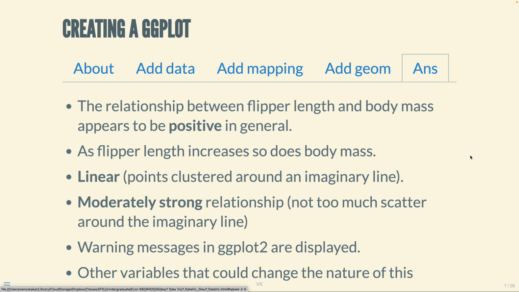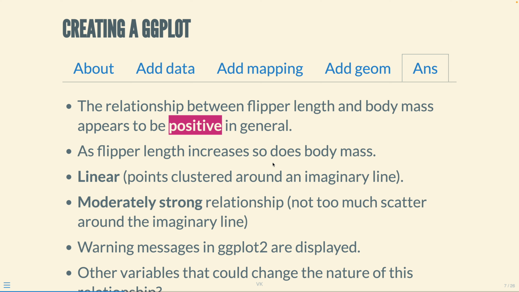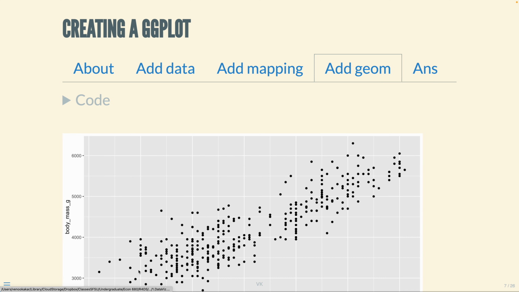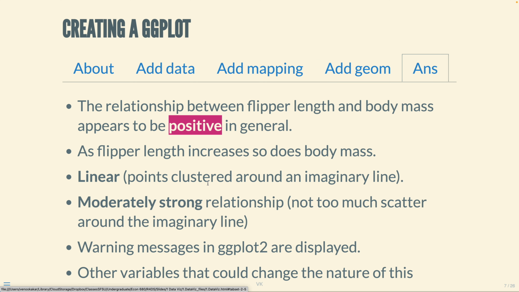length and body mass. So we can say that the relationship appears positive in general. What does that mean? This means that as the flipper length increases, so does body mass, right? So overall, or on average, we think that this relationship is positive. It also seems like the relationship is positive, right? It has a positive slope if you were to fit a straight line through these